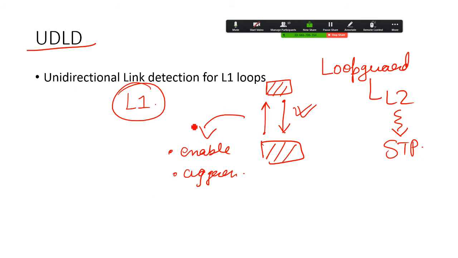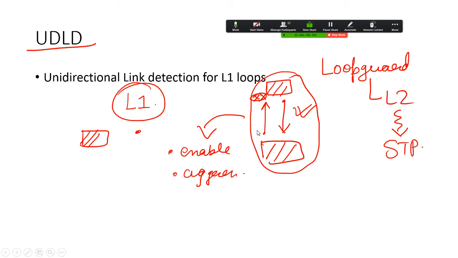Now there is another way we can do the MAC filtering. We can use the frame destination, whatever frame destination they are using, and block it through a MAC ACL. That is also one possibility by which we can simulate it, but I have tested it sometime, and it doesn't work a lot. So we will try to see how UDLD is going to be implemented on the devices.